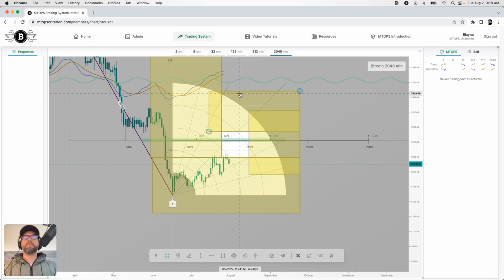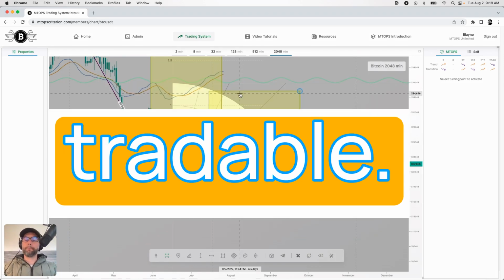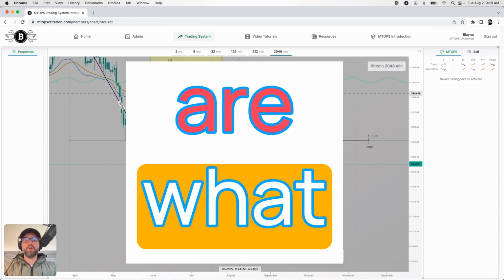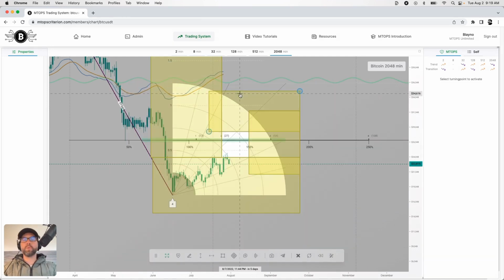I also want to take this opportunity to say that I've said in the past that the markets largely aren't tradable. The reason for that is because the kill zones are what really mess up the lower frames. MTOPS works on all time frames, which means that there are kill zones in operation on all the frames. And when there is a kill zone happening on the dominant trend or the dominant time frames, that gets felt on the lower frames because of erratic market behavior, unpredictable moves and all the kill zone characteristics.